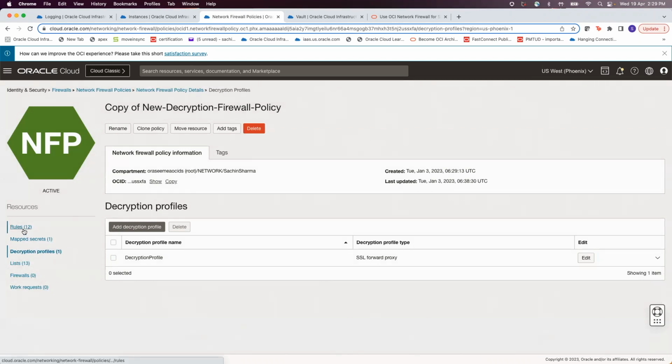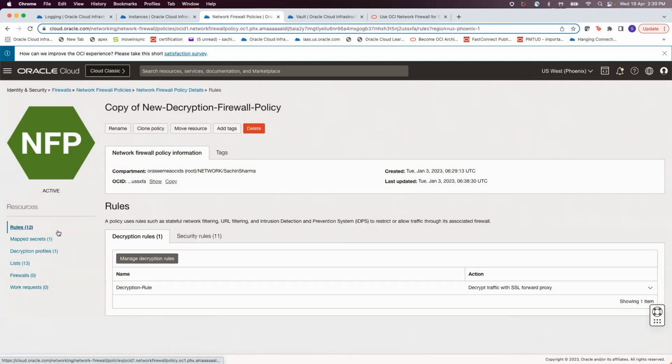Now, when you go to the rules section over here, this is the first thing. This is the first rule, the decryption rule, which will hit first when the traffic is hitting the firewall. Before security rules, it will check the decryption rules. If it does not match the decryption rules, it will go and check the security rules after that. So